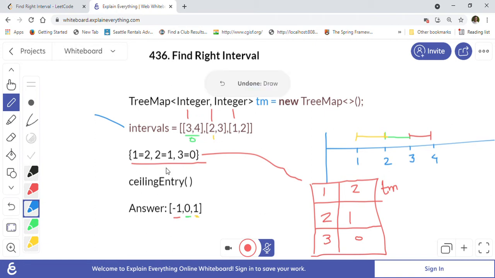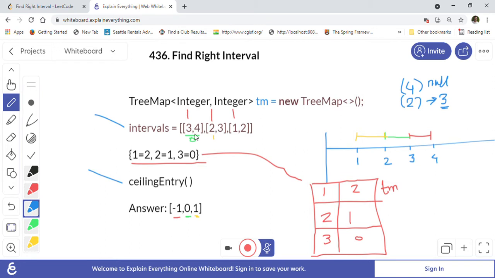But before we do that, I just want to mention the details of ceiling entry. Let's say how it works is, if we give 4 there and want to find the ceiling entry of 4, then it will give us null, because there is no entry greater than or equal to 4 in this map. So it will just give null here. If we pass 2 as the key for the ceiling entry parameter, then we will get 3, because that is the next entry which is available. So that is how the ceiling entry works. It gives us the next available entry, basically.